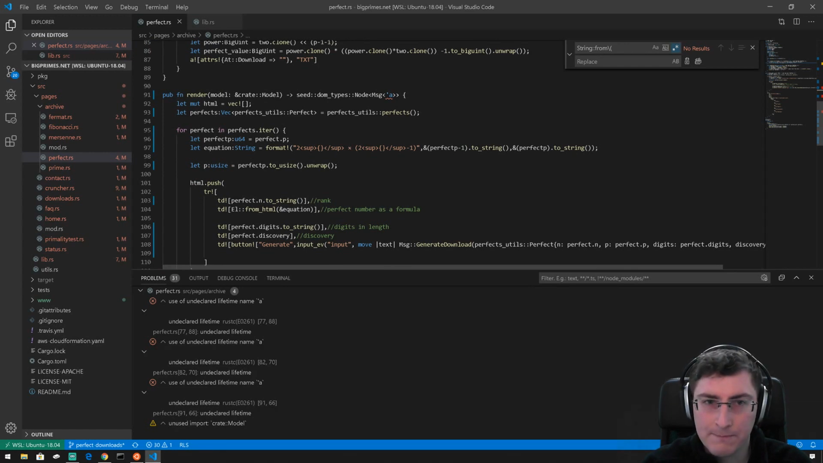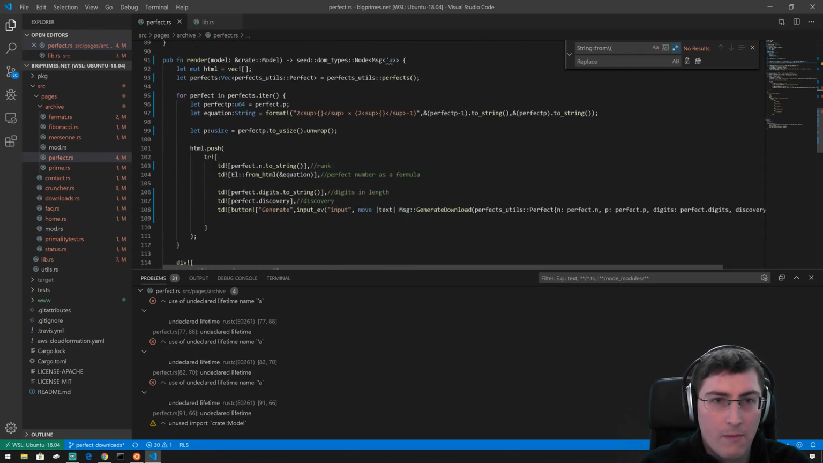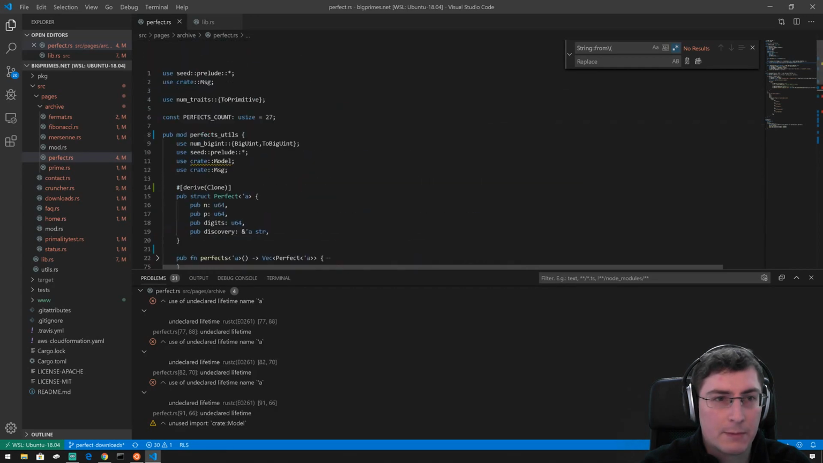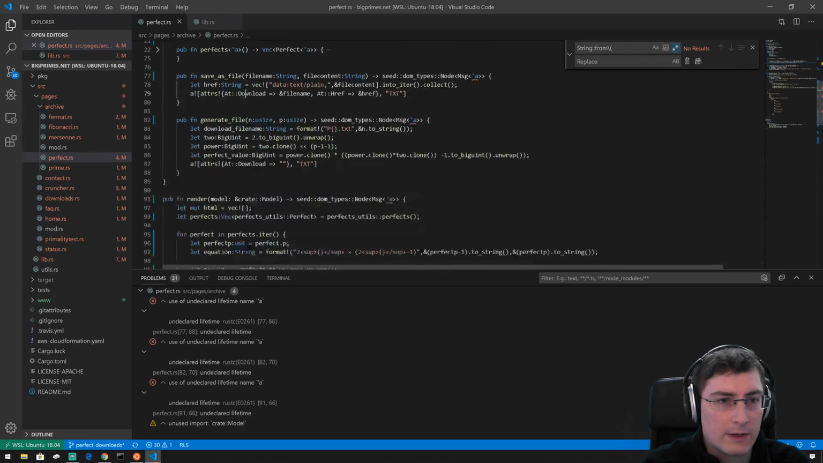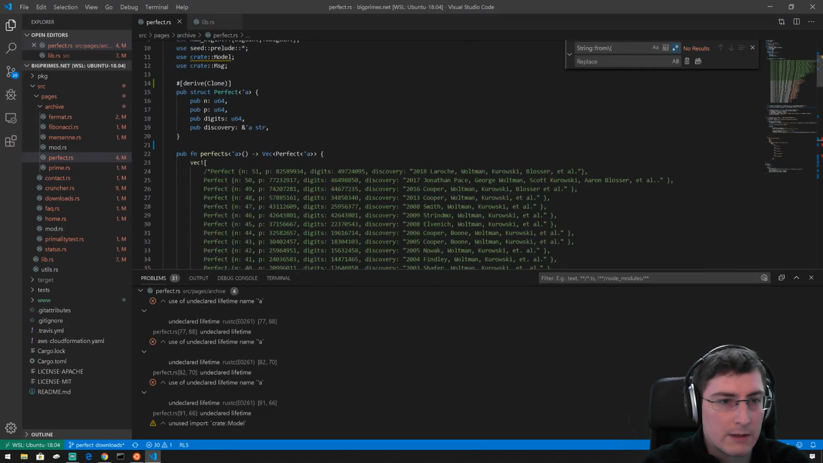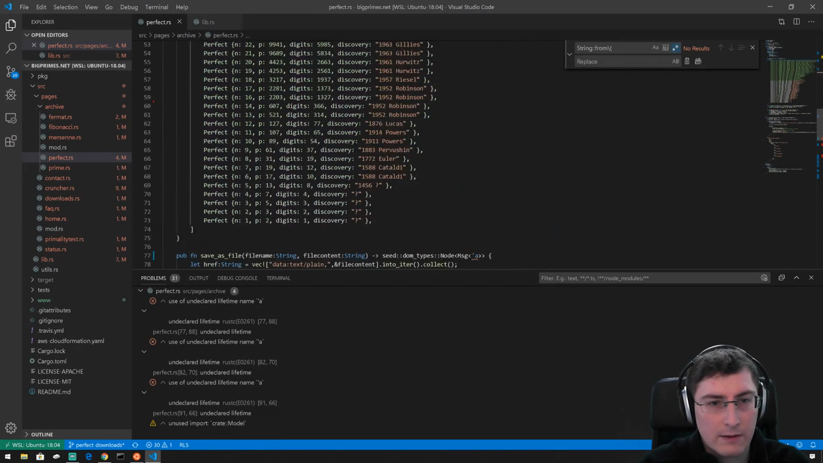Turns out I was wrong. And now, because I'm using... I've lost it. I don't even know where it's gone. I think I must have minimized it. Yeah, because we've got this vector with a lifetime parameter